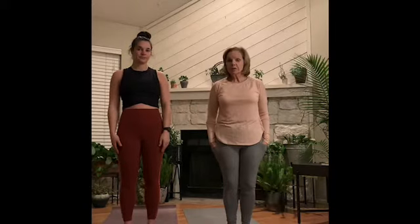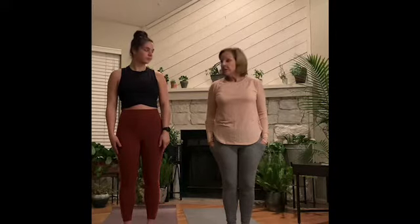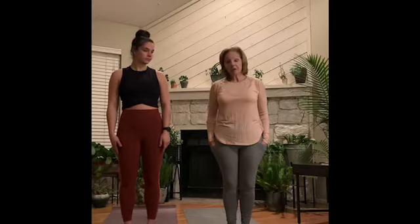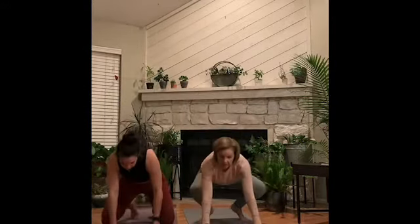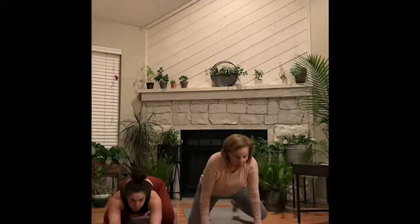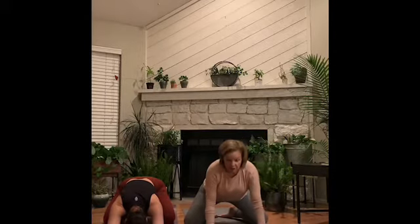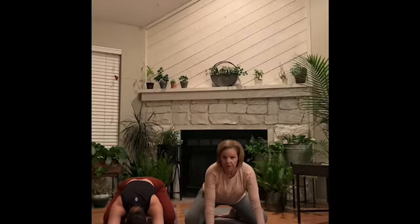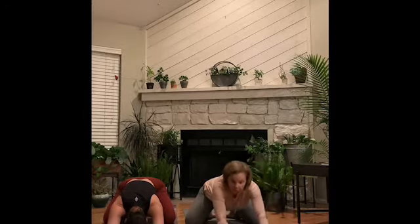Please feel free to use blocks or a rolled up towel at any point to help you get into positions or for comfort. We are going to start by going into child's pose, so come down to your mat. Knees are out wide. Big toes to touch as you slowly lower yourself down, buttocks towards your heels. You can stretch your hands out way in front of you